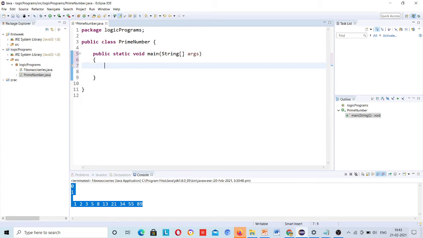Now I will declare int num is equal to 7.